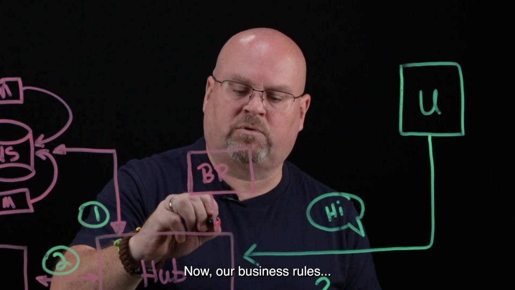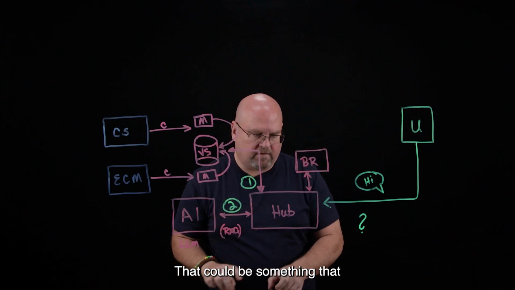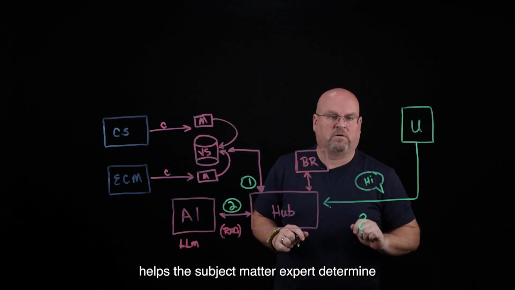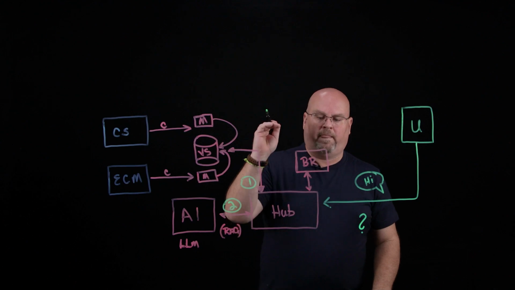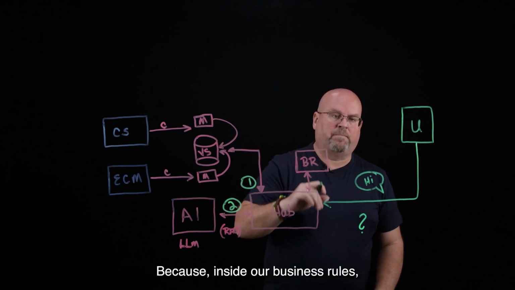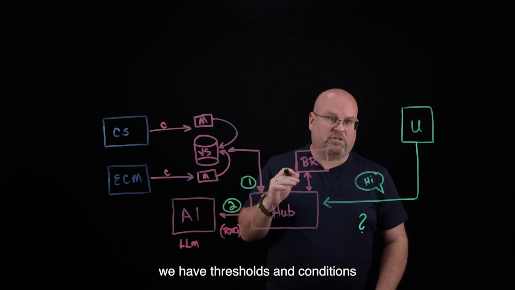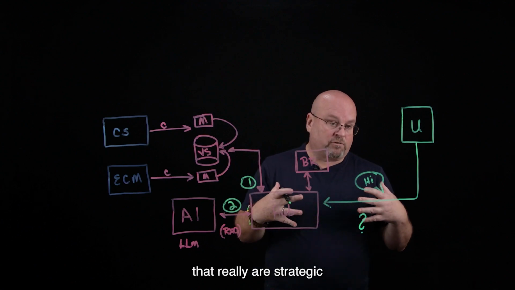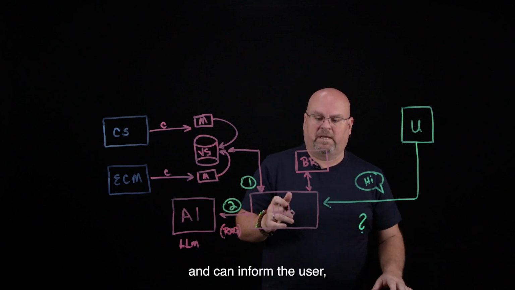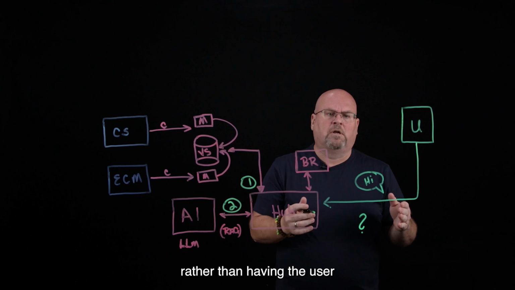Now, our business rules could be something that helps the subject matter expert determine the best course of action, because inside our business rules, we have thresholds and conditions that really are strategic and can inform the user rather than having the user